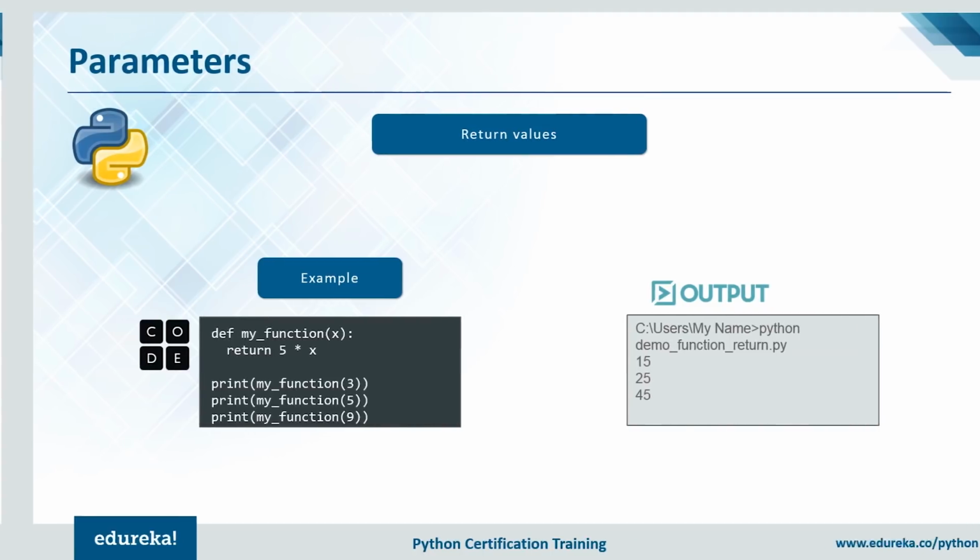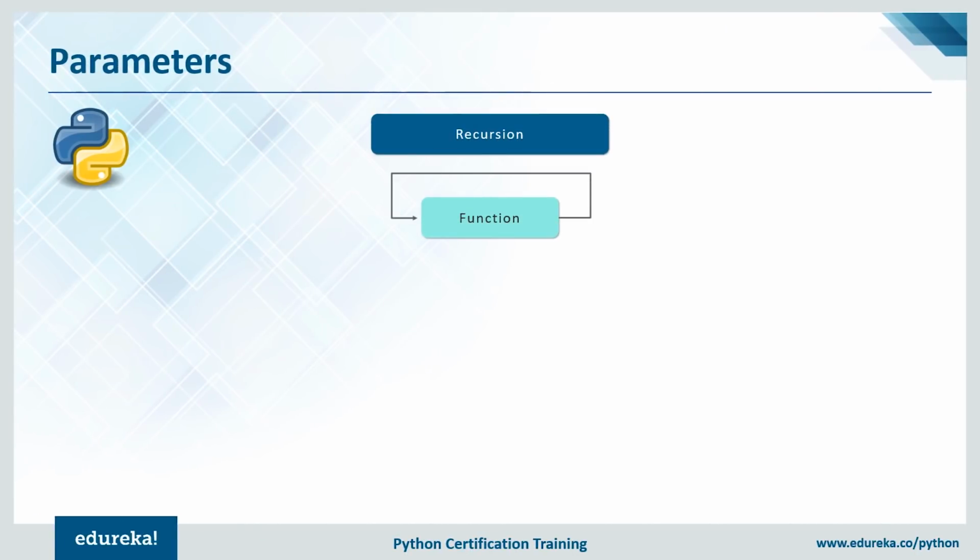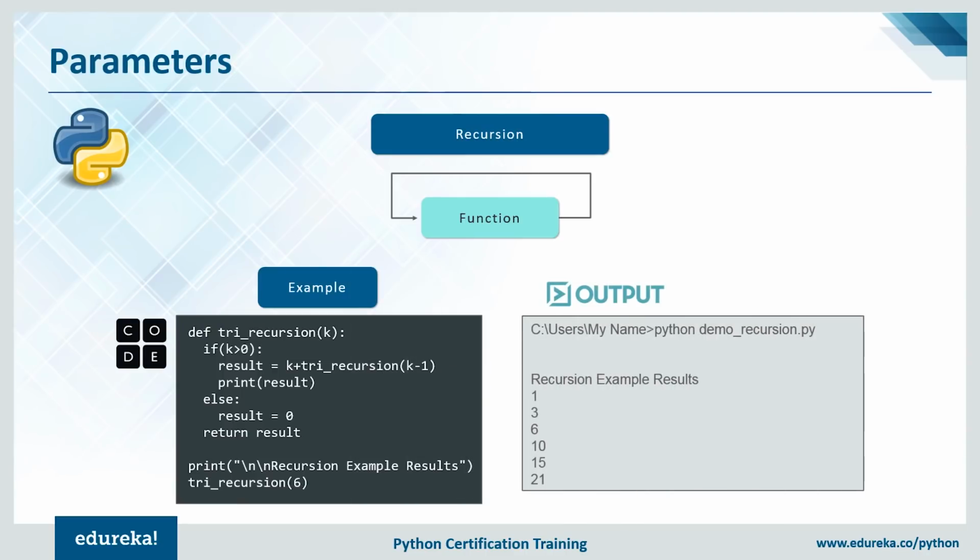So let me quickly recap on how the function actually works. We have one set of code and we actually keep using it in recursion. So recursion is basically a function calling itself. Check out this particular example I have for you guys. We have defined a function. We call it try_recursion. We have a parameter k. So if k is greater than 0, then add the result to whatever is lesser than the next iteration of